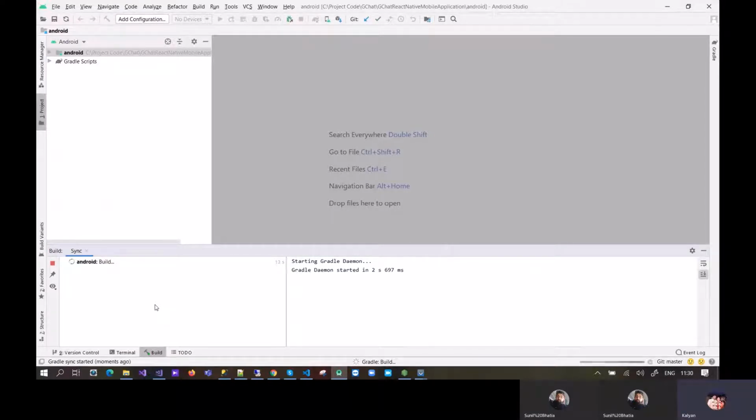So for generating the APK, you need to send me the JKS file, right? It's the keychain file, keychain access. Yes, JKS file. So how do you generate the JKS file? There are two ways to generate a JKS file. One is from the terminal in VS Code, and you can also create that file from Android Studio as well. But I will create it from the terminal.